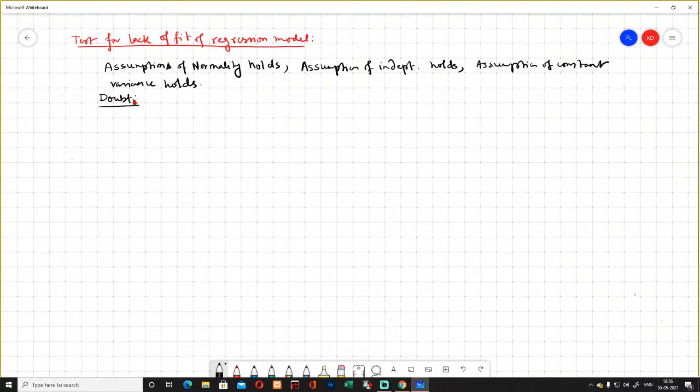So for example, suppose you look at the scatter plot like this, and from this scatter plot you can see that the straight line fitting is not satisfactory. That is, straight line fit